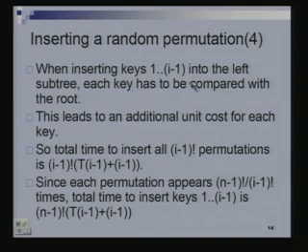Okay, good. So, when we are inserting the keys 1 through I minus 1 into the left subtree, we go back to the previous setting. Recall we are considering only permutations in which the first element is I, right. So, the keys 1 through I minus 1 when we are inserting, they will all be compared first against I and then we will go and put them in the left subtree, right. So, each key has to be compared with the root which is I. So, now what is it like?